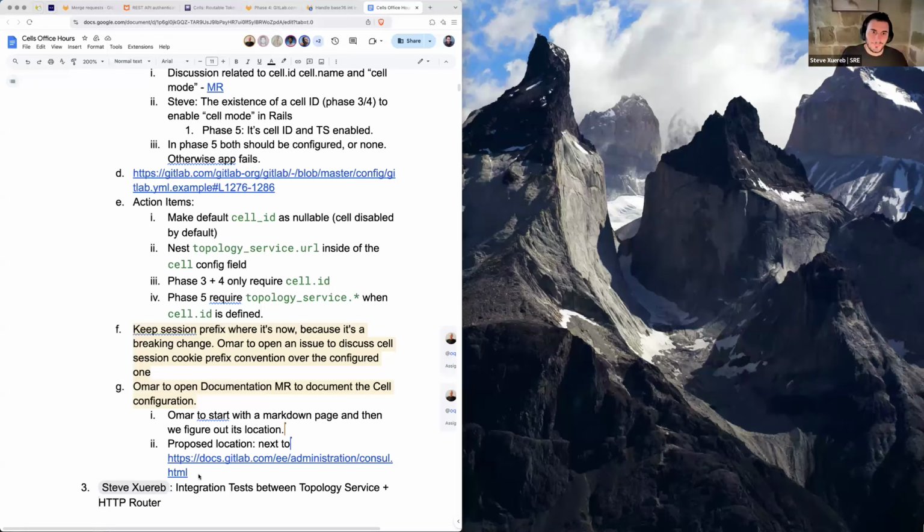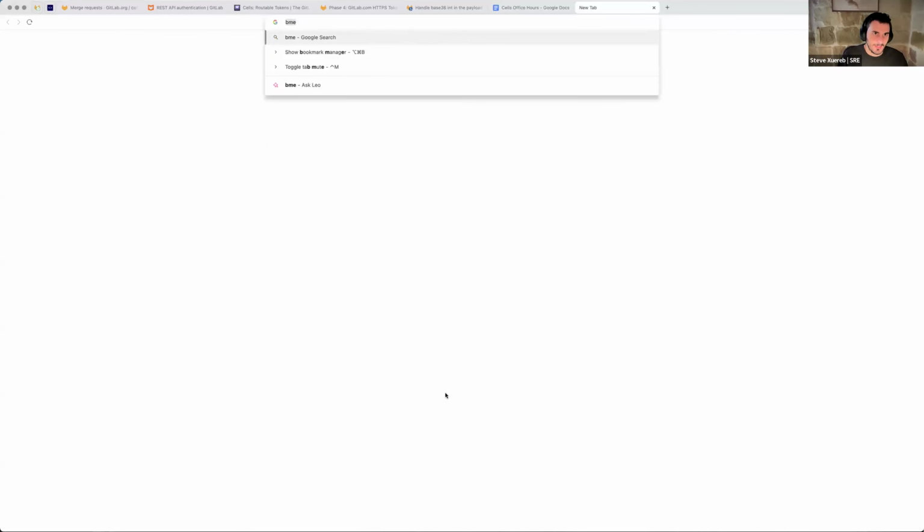Okay, so maybe I can add one thing that I just thought of. I'd like to pick your brain around integration tests with HTTP router and topology service. The more reviews I do on topology service and HTTP router, the more I'm seeing some isolation where there are some assumptions, and not to bring a person in and highlight, but